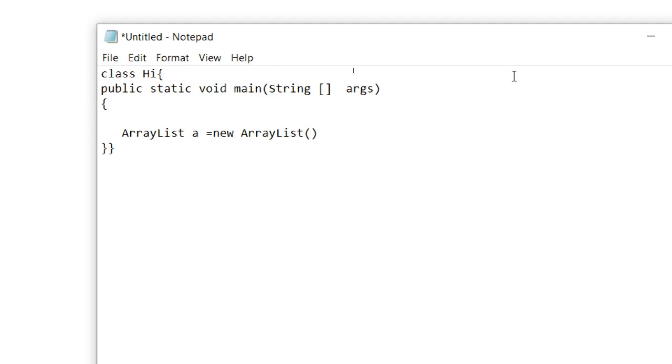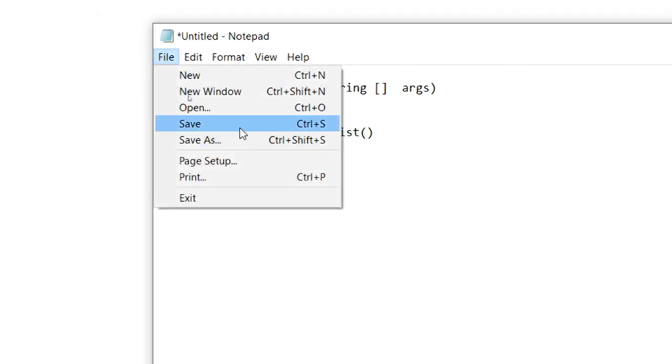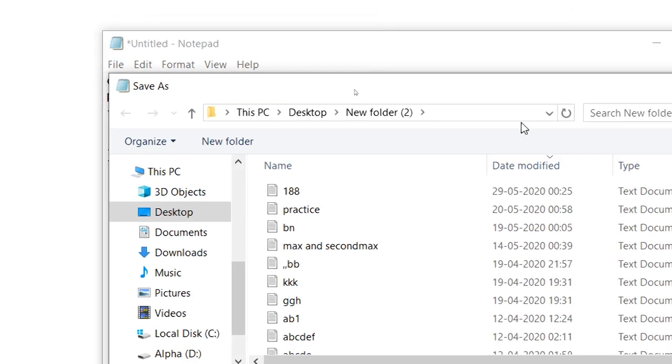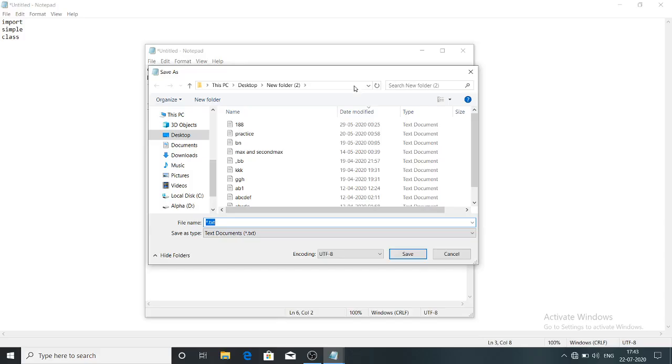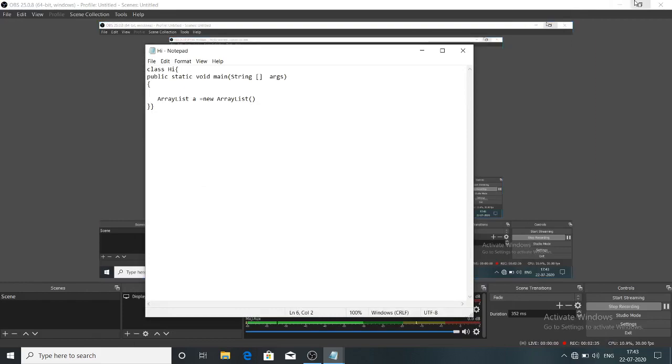As you see, I take that name and I compile it. Save that, then I run it.